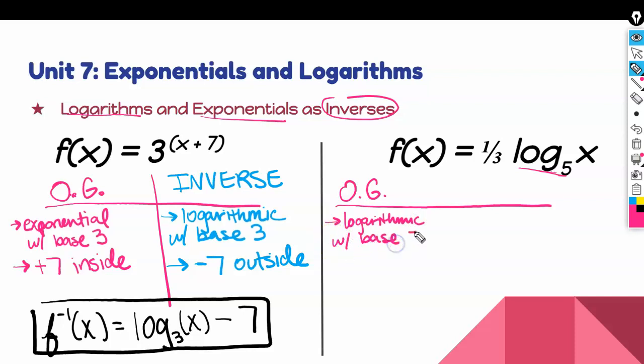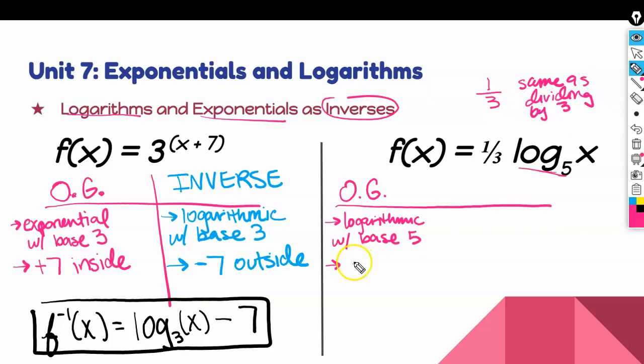And I will accept it like this. Okay? If I'm multiplying by 1/3, like that, that is the same as dividing by 3. Okay? And so this is important that I'm saying this